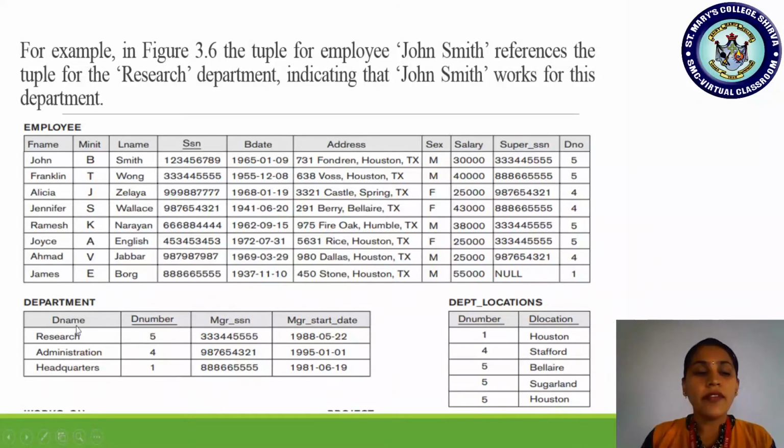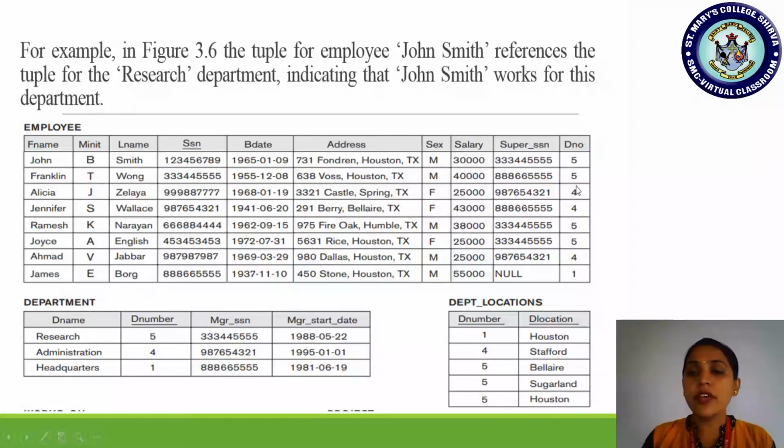So department 5 is research, 4 is administration, 1 is headquarters. So the department number 5 value that you find in the employee relation is valid, because department number 5 exists. Just check the department relation, there is a department number 5. What is the department name for that? Research. So it is valid information.